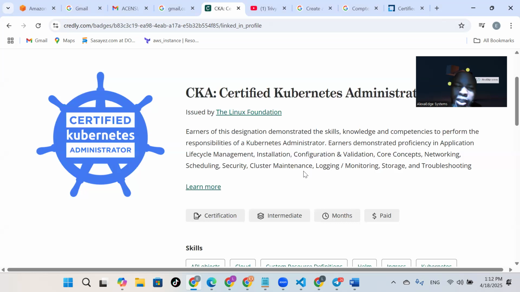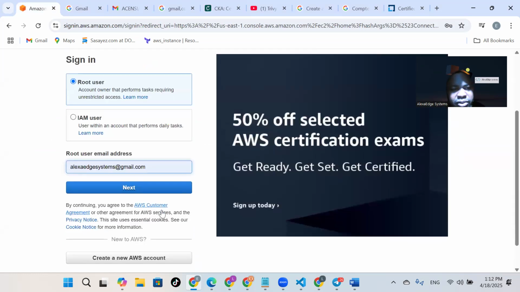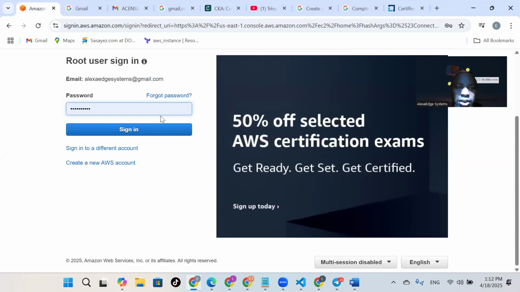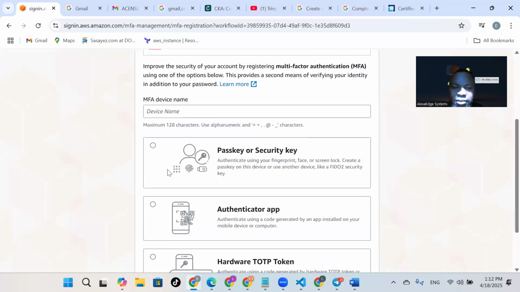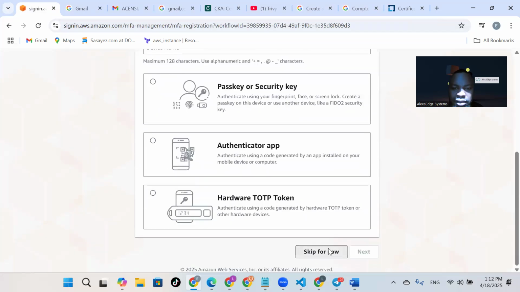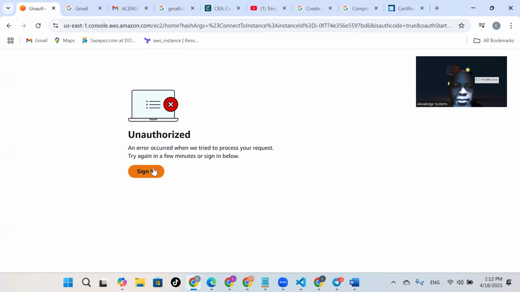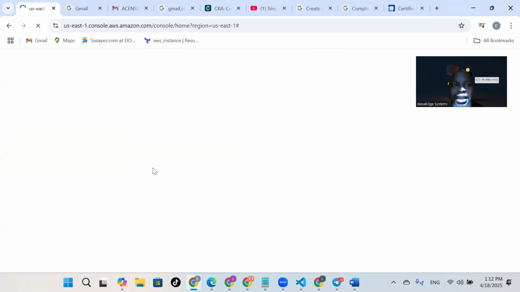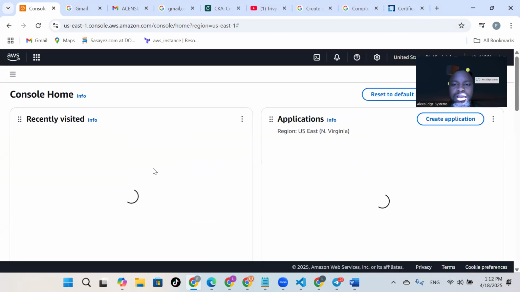You can use kubeadm, Helm, or an EKS cluster. On my end, I used an EKS cluster. That's simple. You need to have an AWS account, so I simply created an AWS account, and once I'd created it, the next thing I did was